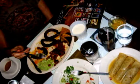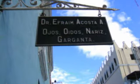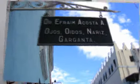We're eating one now. This is our first meal in Merida. That was the smokiest chorizo we've ever had. Our waiter was very happy to serve us. We went immediately to an ear, eye, and nose doctor down the block just to clear our sinuses, and then